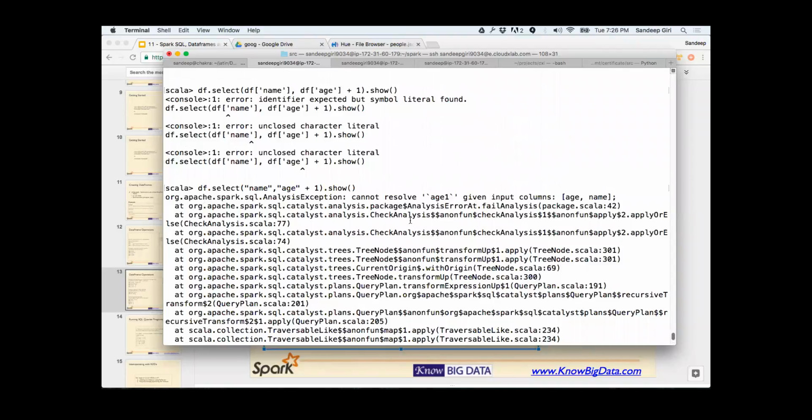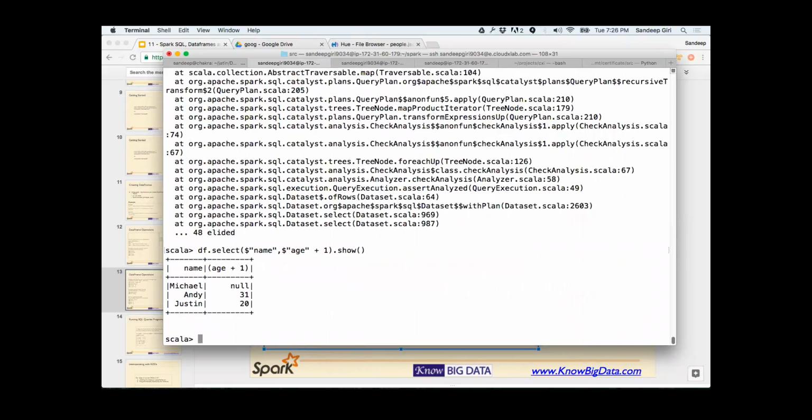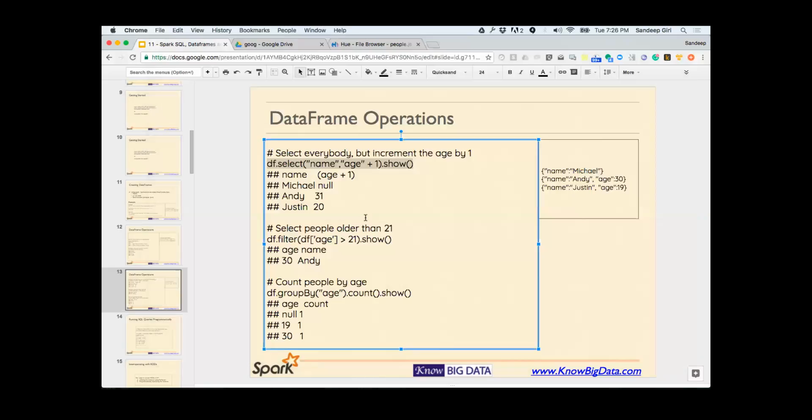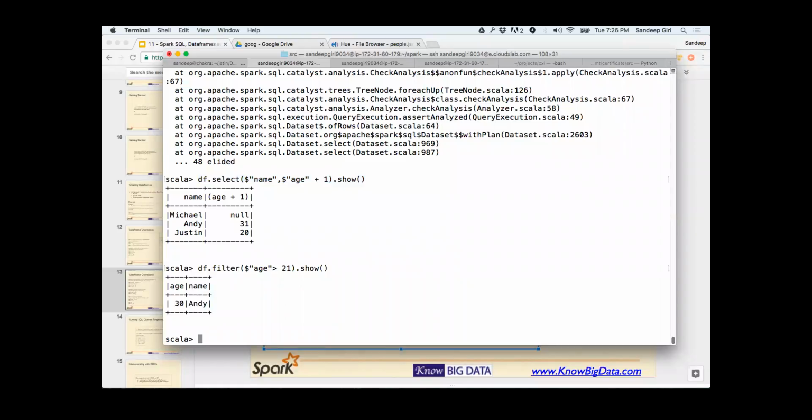Okay, so what does it say? It says cannot resolve this output. Select, we put dollar and that will be it. Right, so you can see that this is the way you can query the data frame using Scala. All right, in a similar way we would say here, so you basically put dollar in front of the name of a column